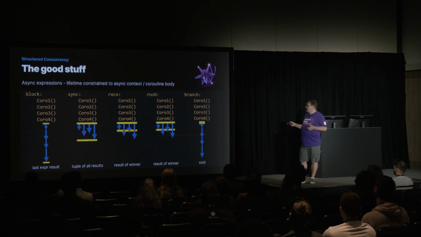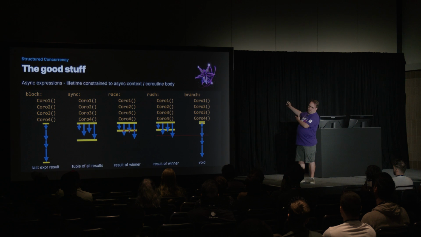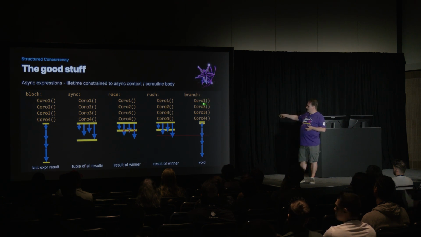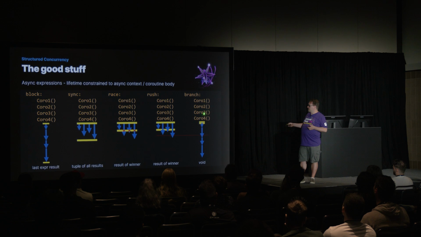So branch, it's like a block in that each of the different things go in order, except that it immediately runs the next expression as soon as it starts. So it goes off and does its thing and takes however long all these, one after the other, take, but you immediately go to the next expression. And they just take as long as they take. But again, just like the rush, if the function that you're within ends before it's done, it'll just be canceled wherever it is. So if you had a branch and a bunch of code, and then it was the end of the function, and this was all that was in the function, basically nothing would happen.